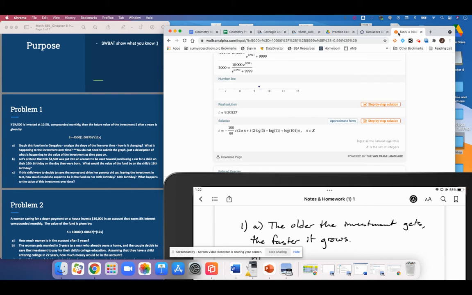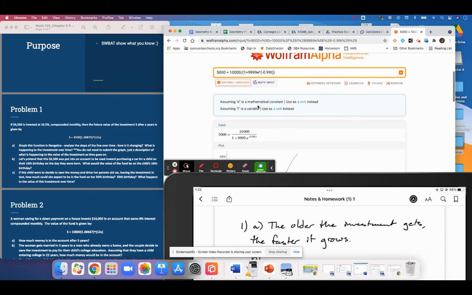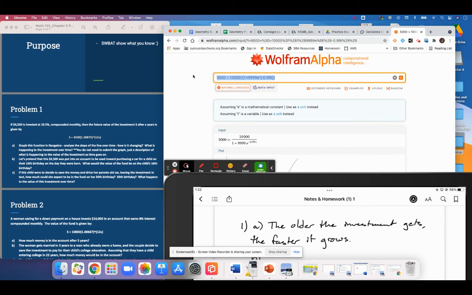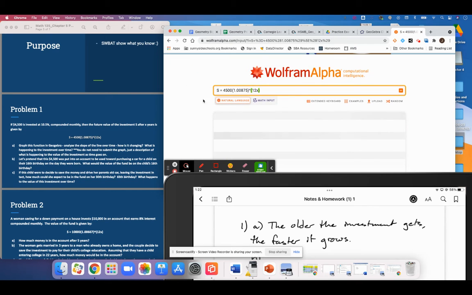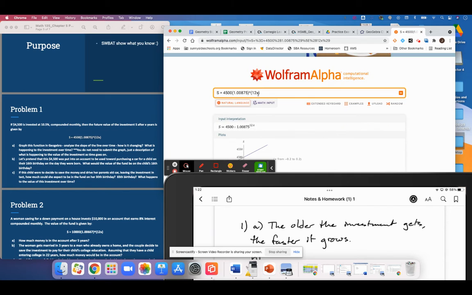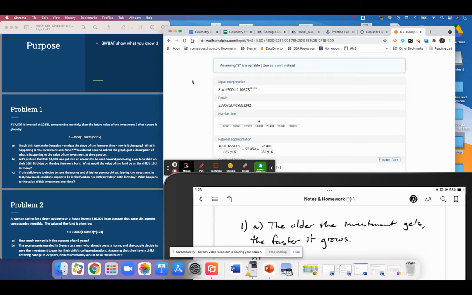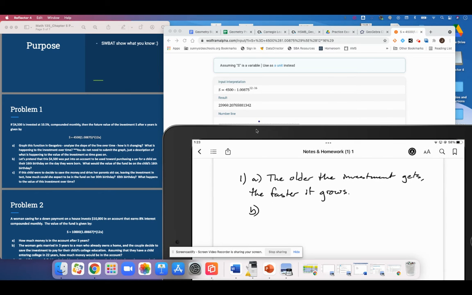So let's go ahead and swing that in Wolfram, everyone, and see exactly where this fund would end up in 16 years. We're guesstimating somewhere in the neighborhood of $24,000. And we almost hit that exactly on the head, everyone. This is going to grow to be $23,969.21. So when the child turns 16,